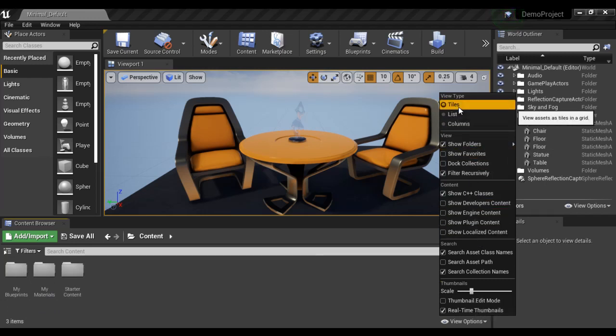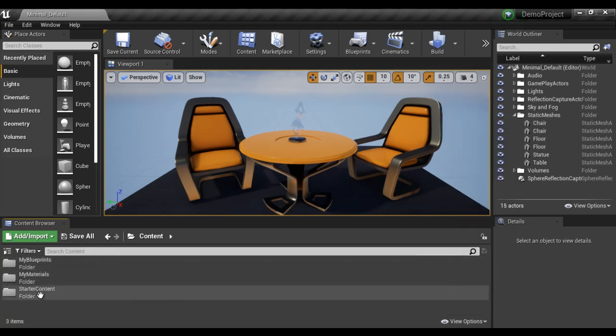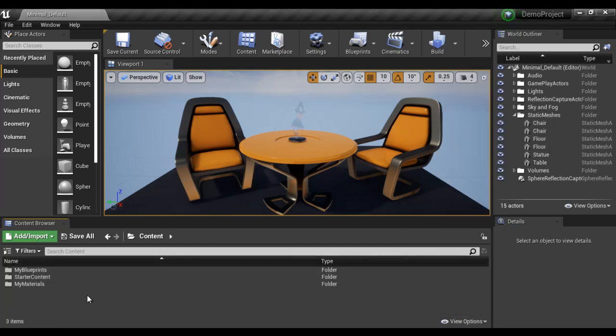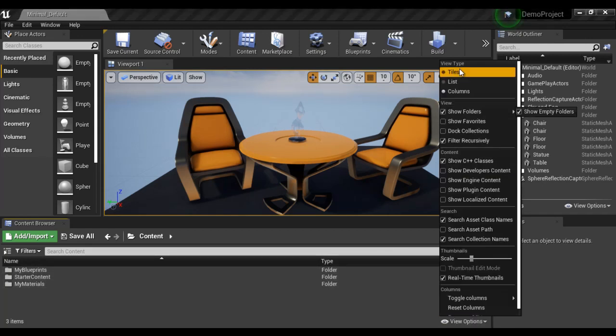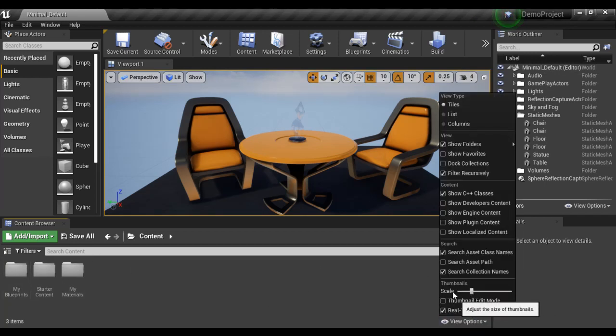You can even display the assets in the form of tiles or in the form of lists, like it is displaying a list of folders, you can see that. And if you say columns, it displays our assets with the type here. And if I say tiles, it displays as tiles. You can even control the scale of thumbnails.